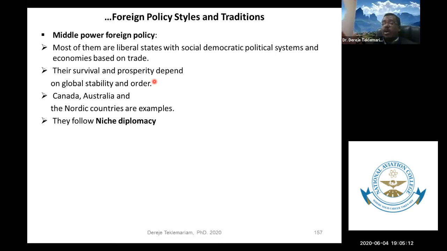For example, the environment issue. These middle power countries really enter into some environmental issues because environmental issues are highly related with natural resource degradation. If natural resources are degraded, they believe that there will not be peace and stability. If the resource of one area is degraded, people really migrate to another country or region or village. And when they migrate, they fight for a common resource, common fertile land. When this fight comes, then great powers interfere.